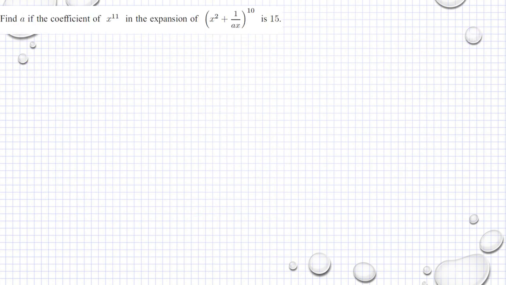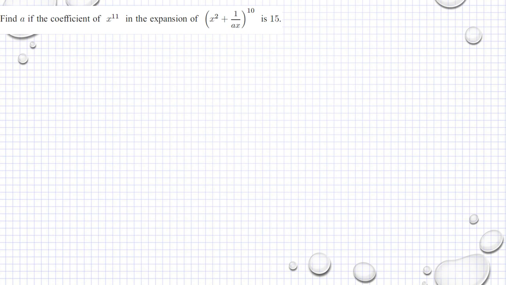Last example in this topic. Find a if the coefficient of x raised to 11 in the expansion of the binomial (x squared plus 1 divided by ax) raised to 10 is 15. So our goal is to find the value of a. Okay, to start with, we're going to have